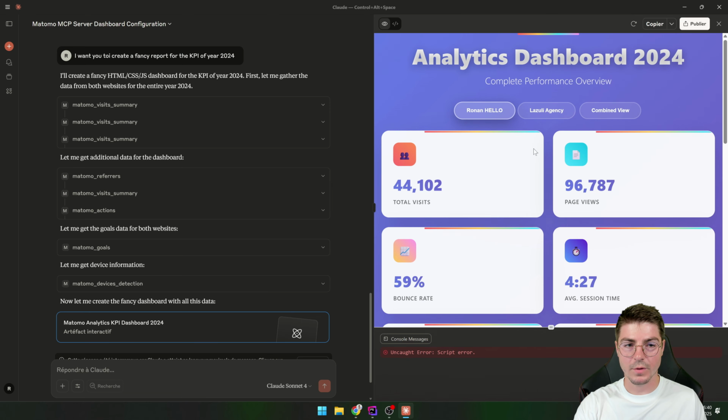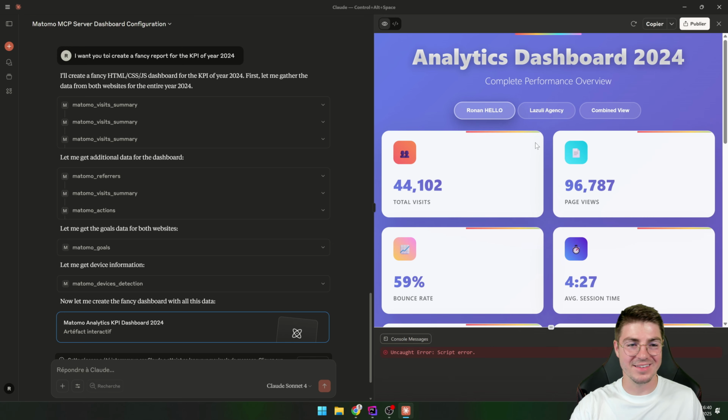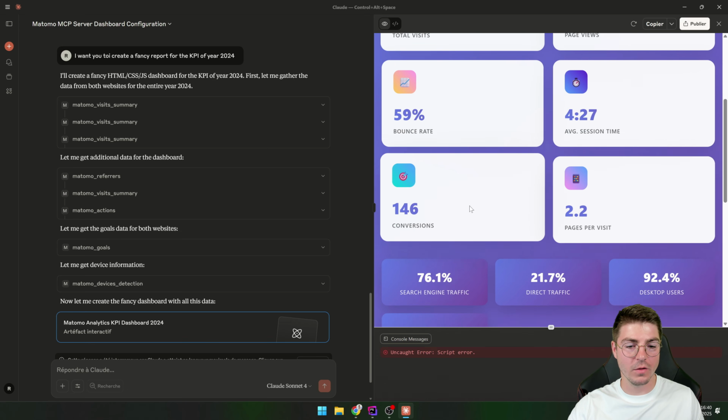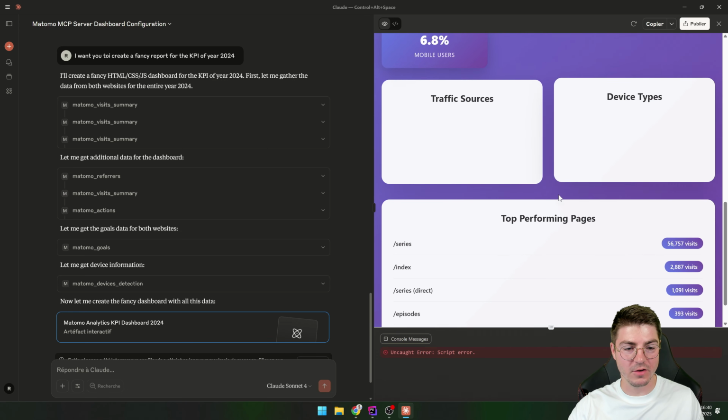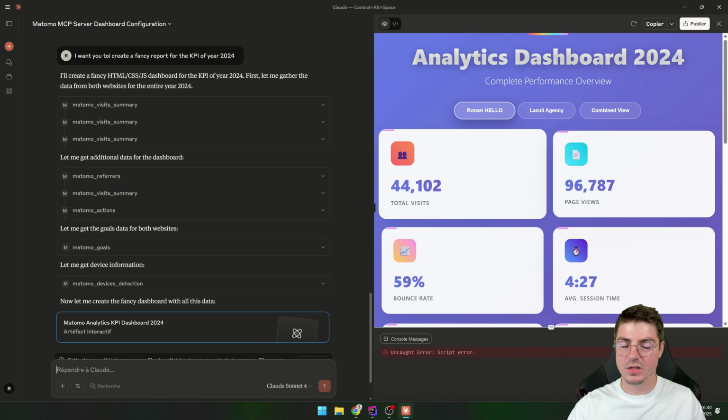So now we have a fancy dashboard. So we created a UI, okay, with gradients, which is a bit strange, but it's the design. And now we have all the data in a fancy report that's coming directly from the API. So this is just a sample. I can ask,